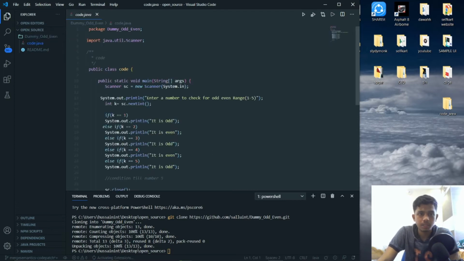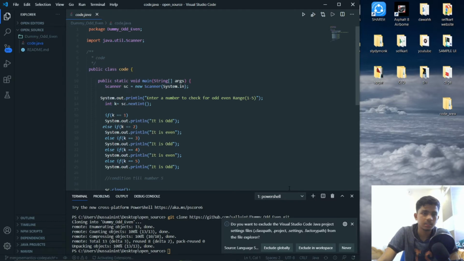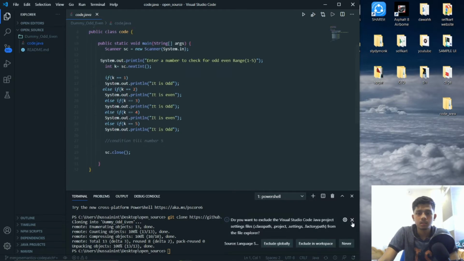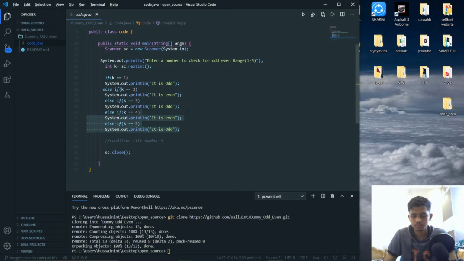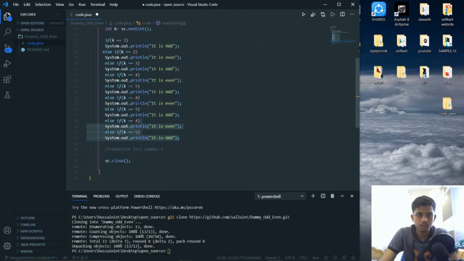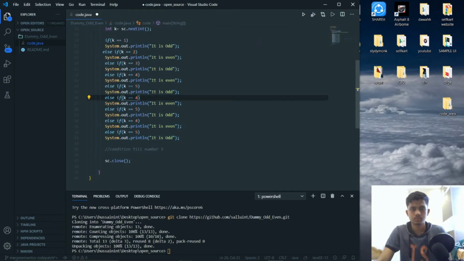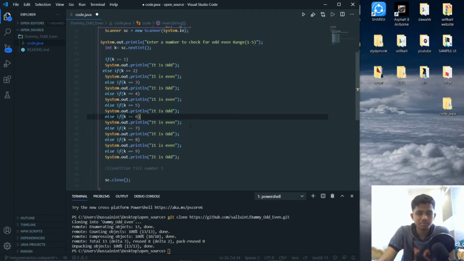A folder has been created, the file is there. Now we can make our changes in this code. Now let's add some conditions first. I've just copied and pasted and made some changes.